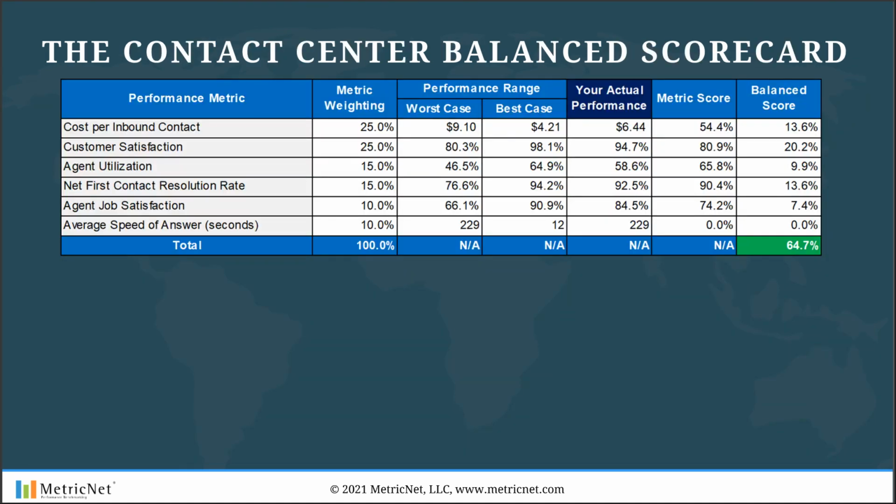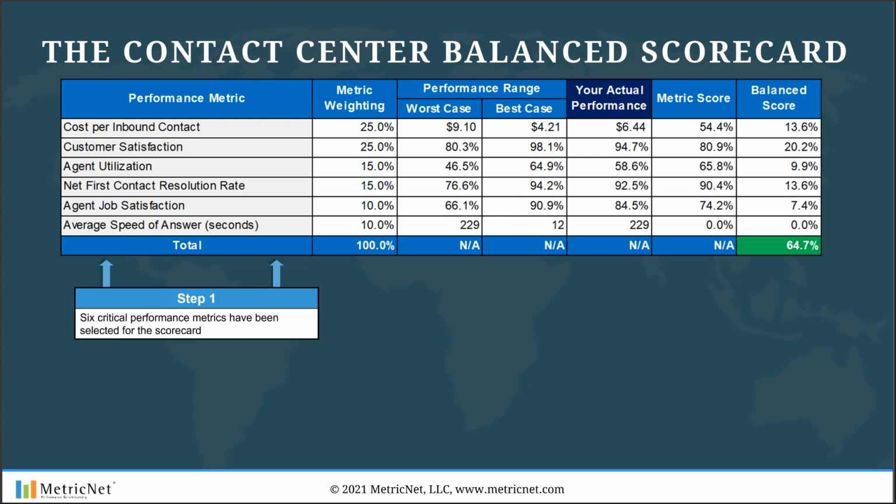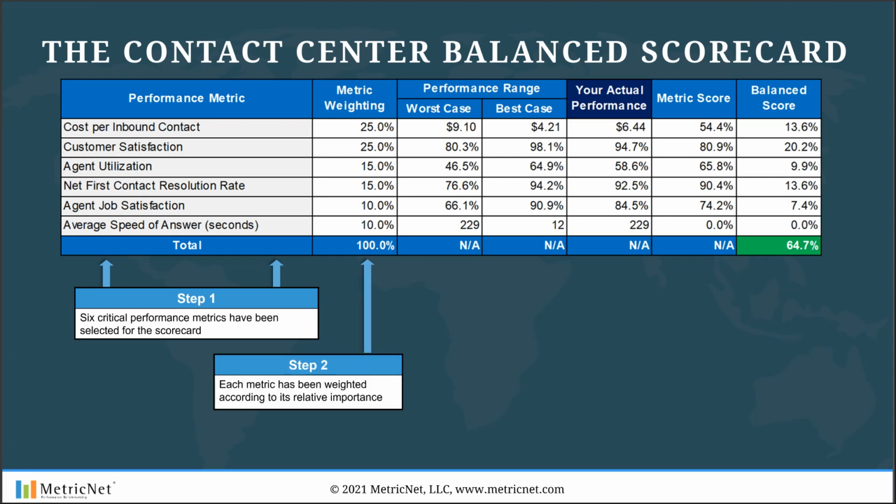Here's an example of a contact center scorecard. You start by establishing the metrics that will be in the scorecard. And in this particular example, you can see that we have 6 metrics. We have cost per contact, customer satisfaction, agent utilization, which is a measure of productivity, first contact resolution rate, job satisfaction, and speed of answer. Now, the second step in creating the scorecard is to put a weight on each metric. Now, these weightings represent MetricNet's judgment. You can see we've overweighted cost per contact and customer